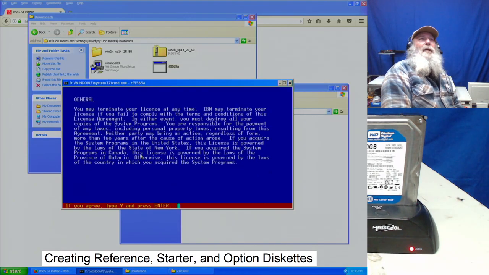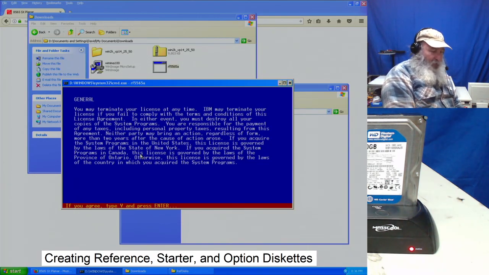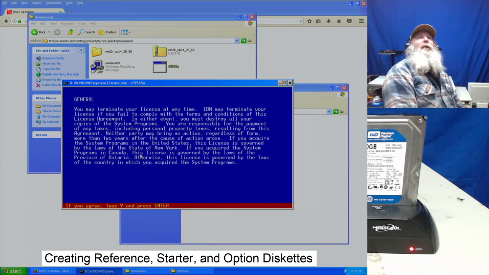Okay. And it beeps and tells us if we agree, we're going to press Y and then press enter. So Y,